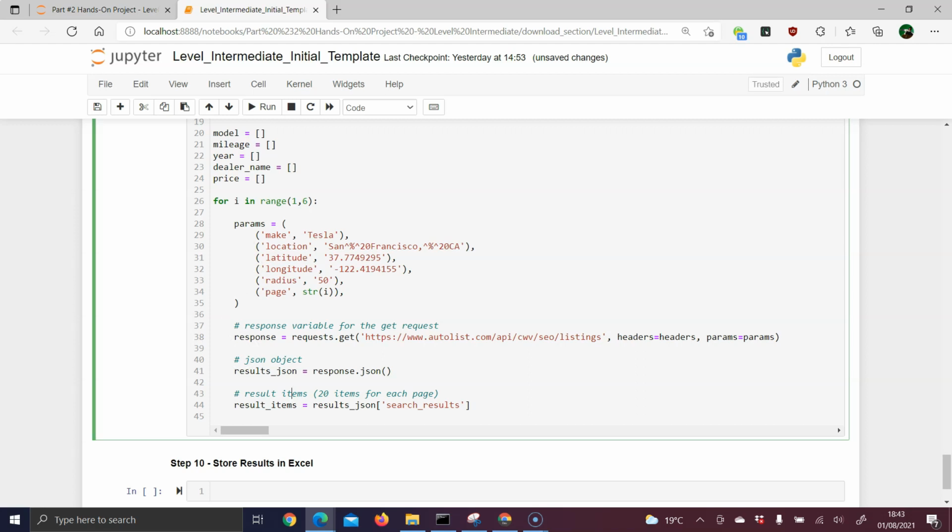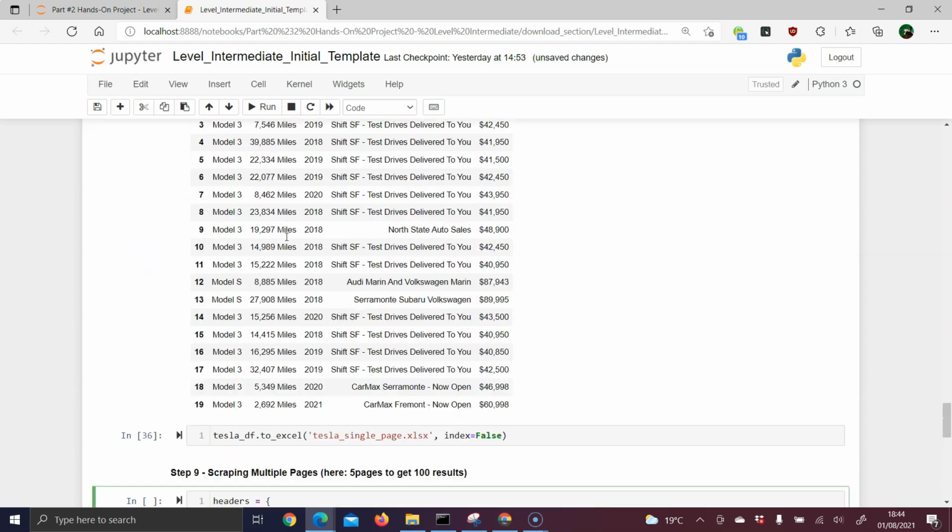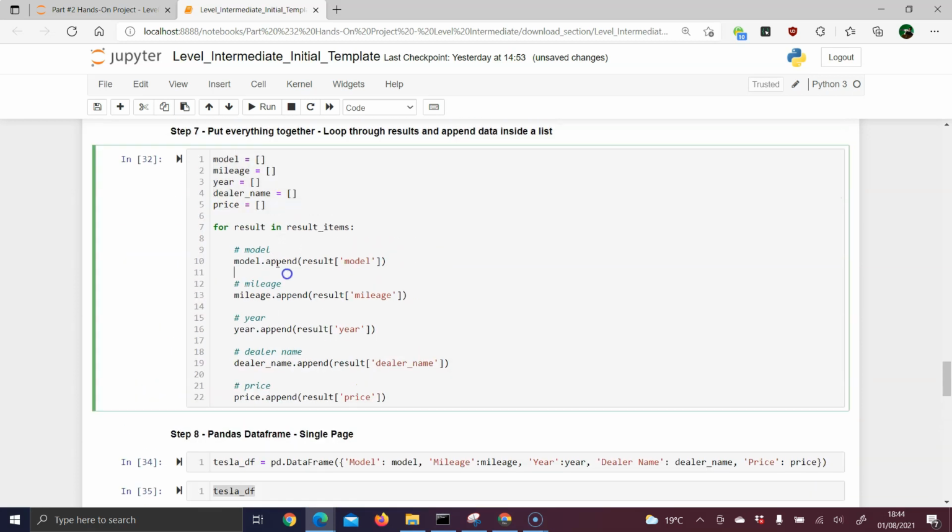And now, once we have accessed the result elements, which is 20, we need again to loop through each and every result and append the data points inside these empty lists. This is almost exactly the steps we accomplished here, when in the last video we needed to scrape the data from one page. That means I can make use